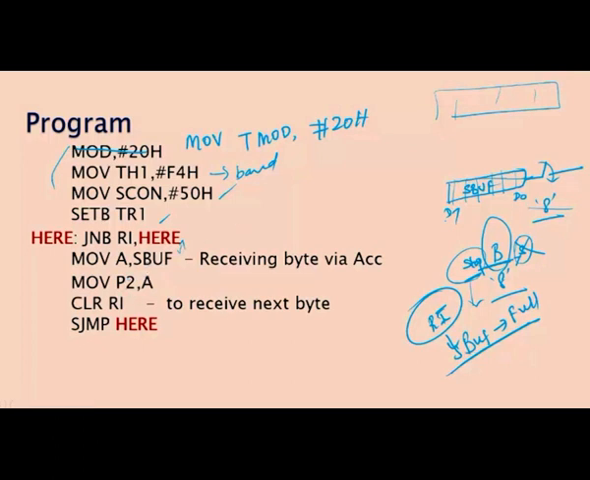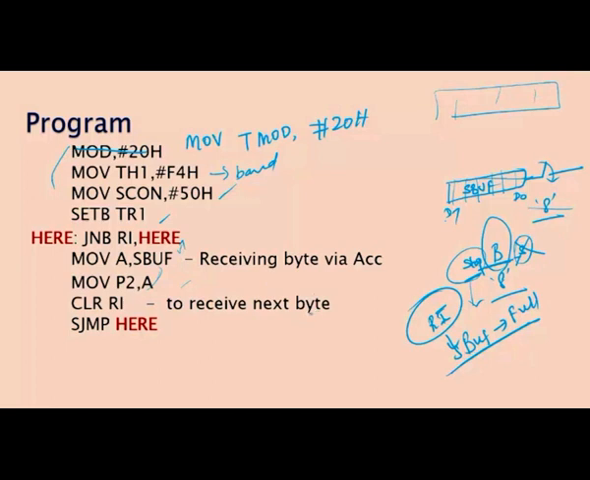Okay. So, via the accumulator only you can process it. The SBUF is moved to the accumulator. From the accumulator it is then moved to the port. Port 2 means all the LEDs will glow based on the ones and zeros value in the accumulator. After this process, I will clear the RI, the receiver interrupt,